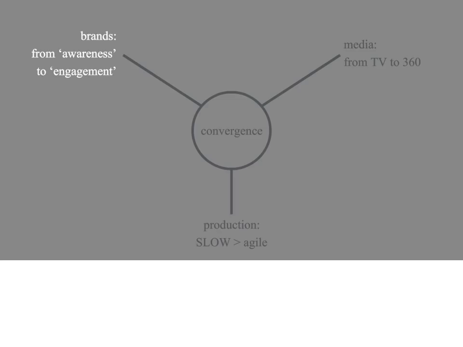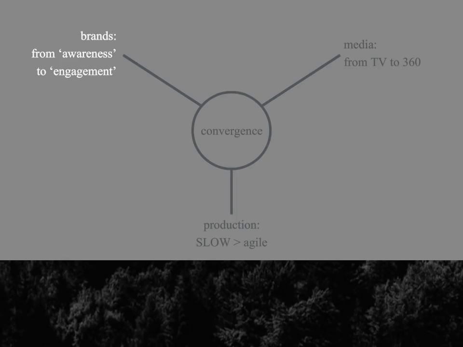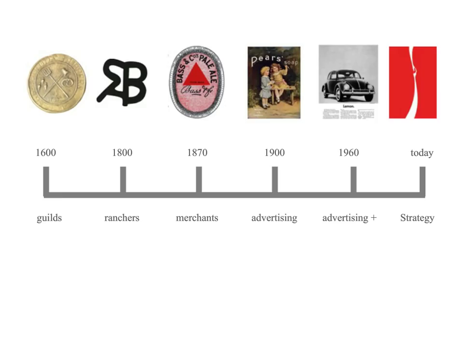So first, if we talk to the way that brands are moving from awareness to engagement, and of course I'll come back on this to talk about the implications of digital print. If we look at the history of branding from the era of guilds, to literally branding cattle, to the birth of brands in the late 19th century, to early advertising, to the more sophisticated advertising of the Mad Men era, to today, where strategy is such a driver and such a buzzword, one sees an overarching shift into emotional engagement. It's not just about credibility or reason to trust. It's about an ever more emotional, engaging scenario that we're working within.